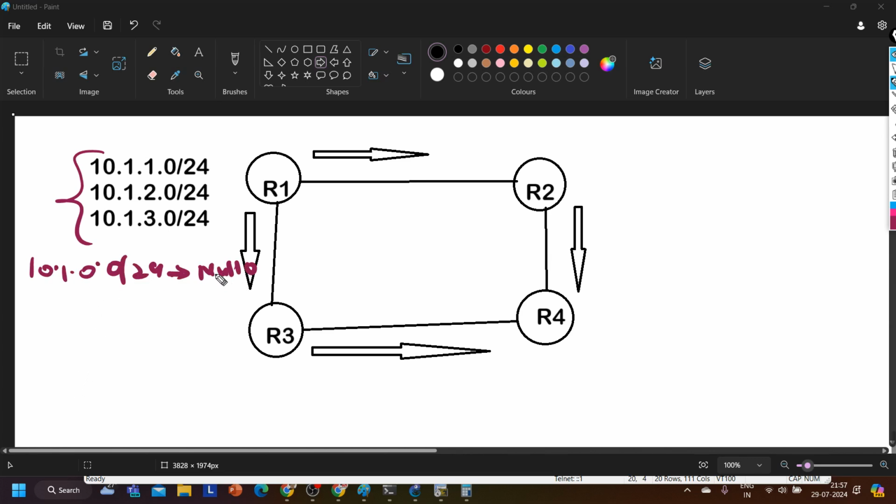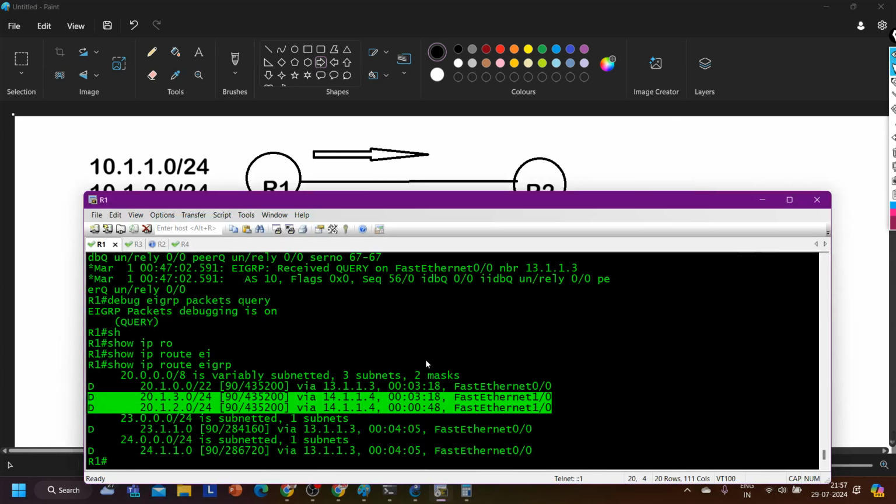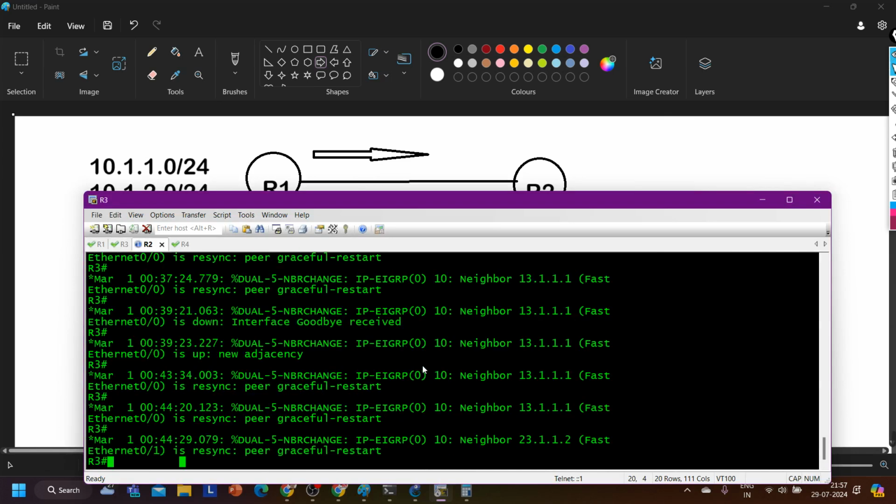Exit interface is null 0 interface. Now if the router is receiving traffic for 10.1.1.1, guys, this IP address will match this entry, and for this entry the exit interface is null 0, then the router will simply discard it. That's why whenever we perform summarization, you will see it has one summary route with null 0 interface, like